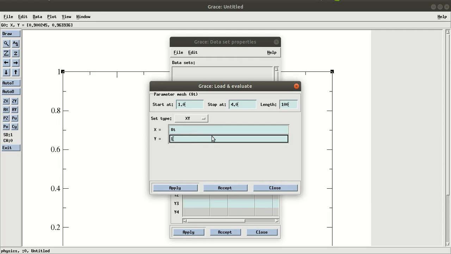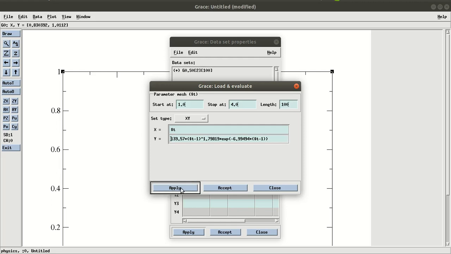So 139.57 star ($t minus 1) to the power 1.79819 star exp of minus 6.99494 star ($t minus 1), then close the bracket, right? So this is how we write a function in XMGrace.